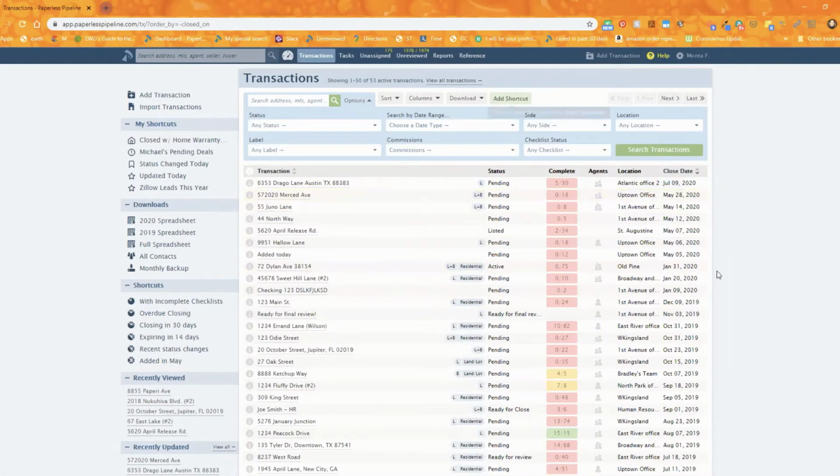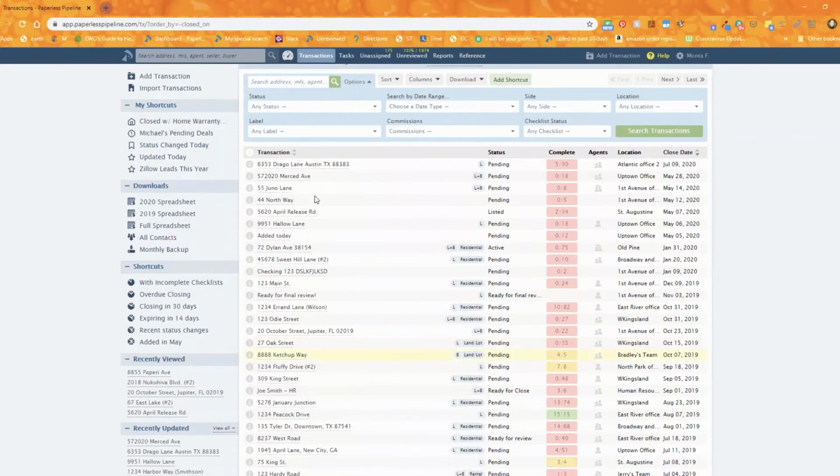I just sorted this based on close date because maybe this is how I want to see my transactions list all the time, right? I could still do further searches if I want to, but when I come to my transactions list, maybe I always want to see it sorted by close date, or maybe I always want to see it sorted by transaction name,